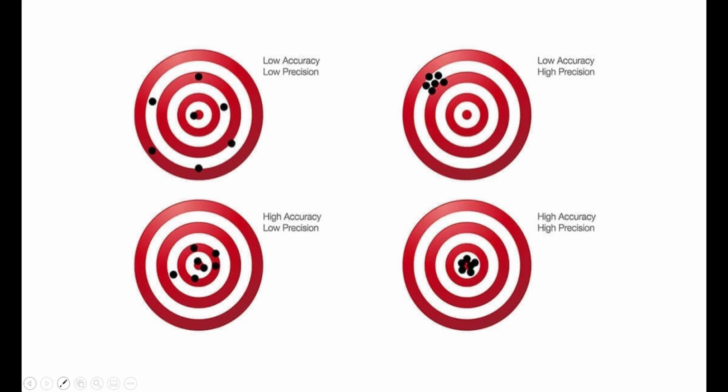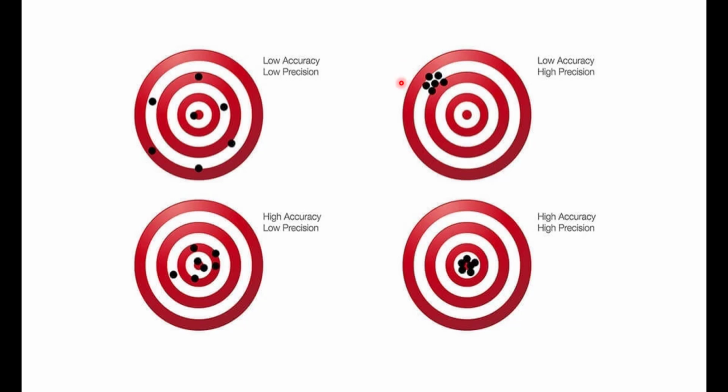repeatedly. If the object is placed exactly at the target point, then it means the robot has high precision. Whereas if it is not placed exactly at the same point, then we call it low precision. So in scenario 1, the robot has low accuracy as well as low precision.